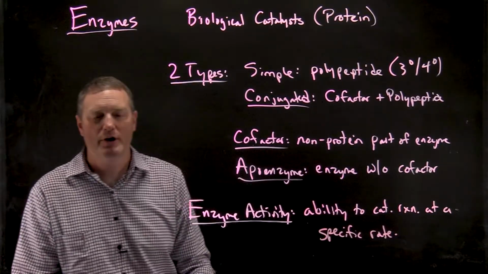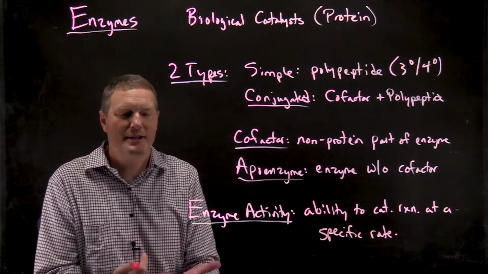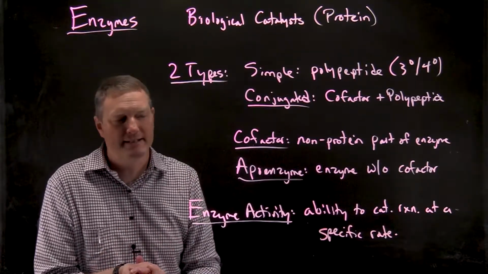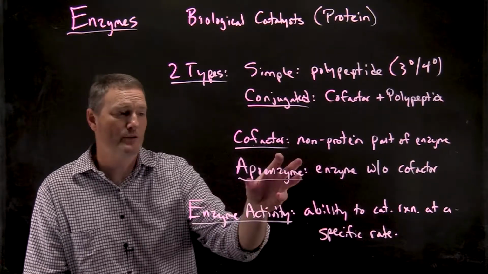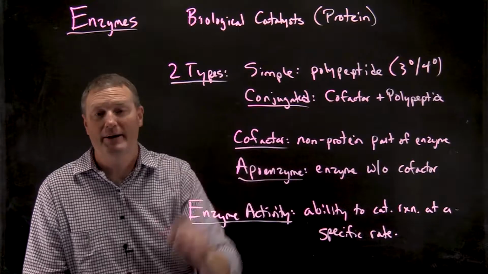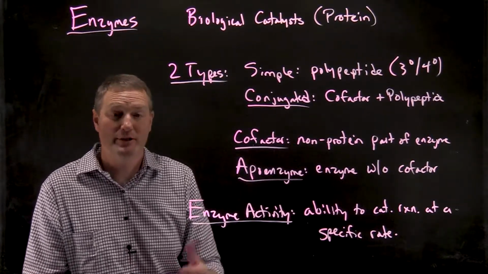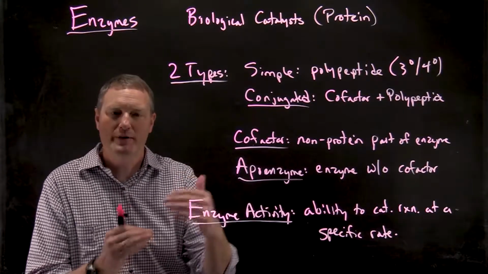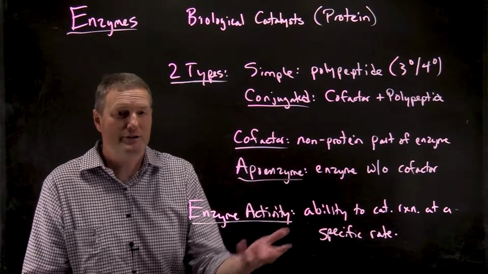So when enzymes are described as being fully active, that means that they can catalyze their particular reaction at its maximal rate. However, if an enzyme, let's say it was a conjugated enzyme, was missing the key cofactor that was needed in order to be a catalyst, that enzyme would have essentially no activity. So when you hear that phrase, activity, in relation to enzymes, it simply means the ability to actually catalyze the